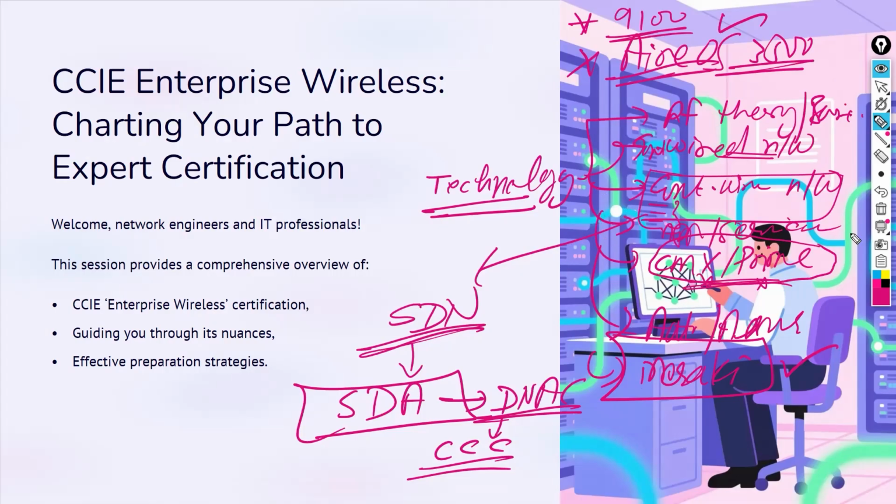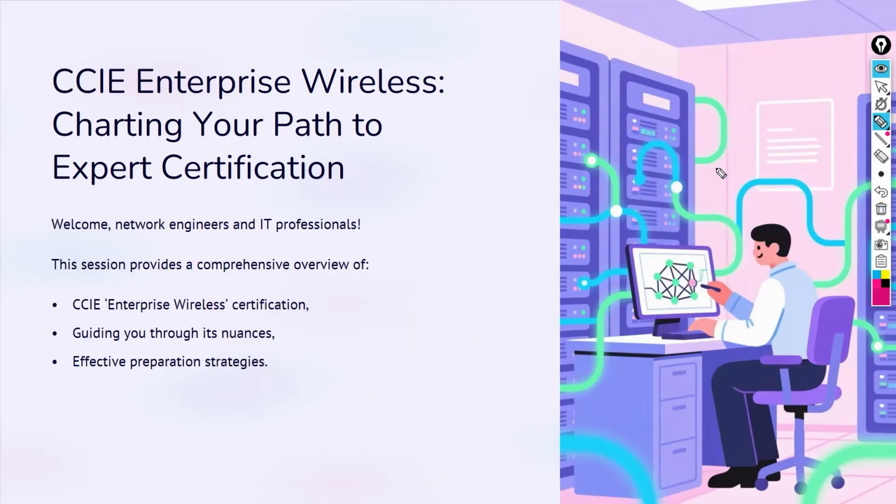I hope you got the point. So this is what we are going to discuss in this 3.5 or 4 month technology session. When I said this is one end-to-end training, it means this will be there. First, we'll focus on that, and then we'll focus on the lab prep part. So you understand what I mean by that, right? This will be about your lab practice, where we'll prepare you for your CCIE Enterprise Wireless number. I hope that part is clear.